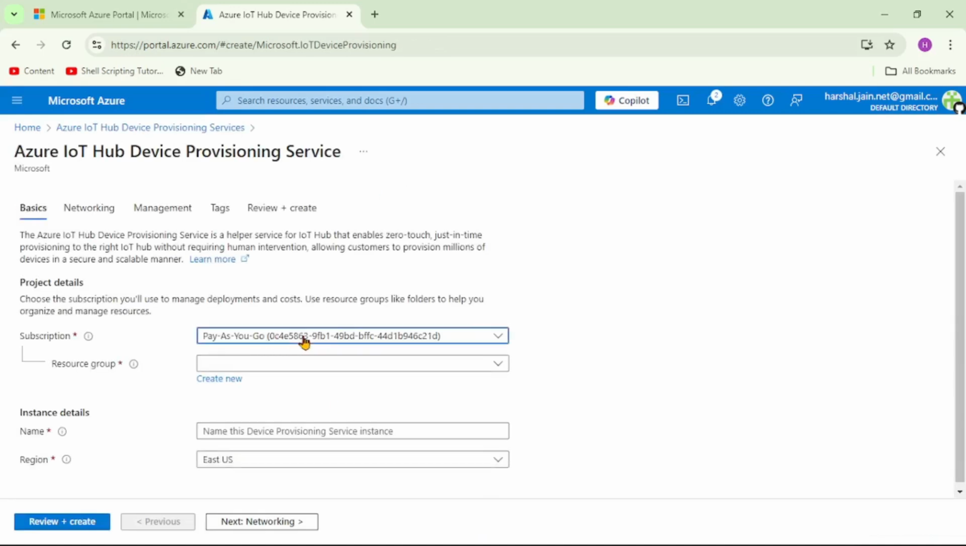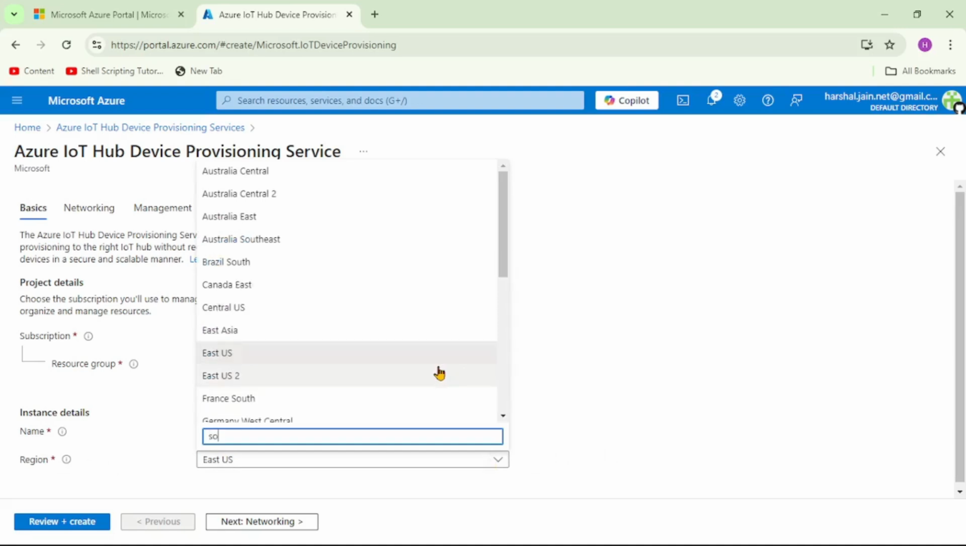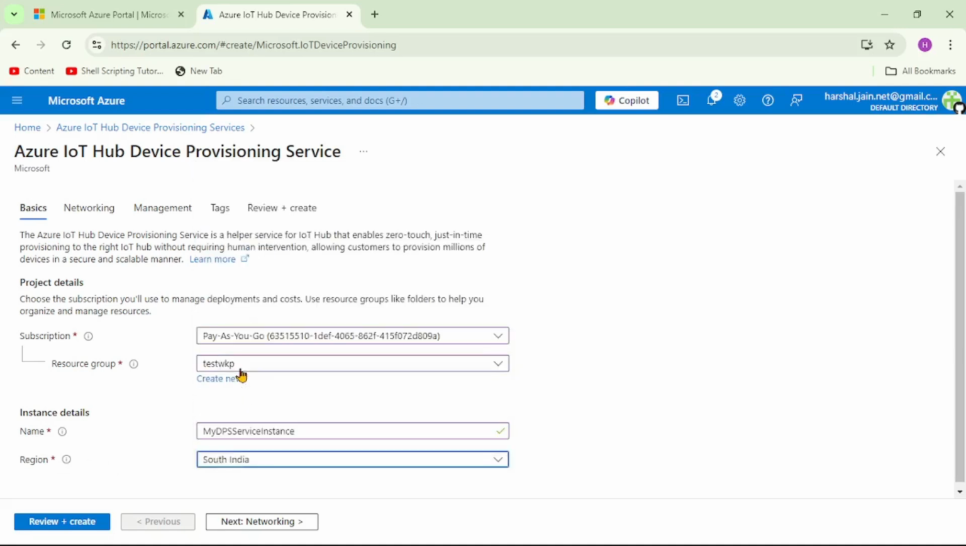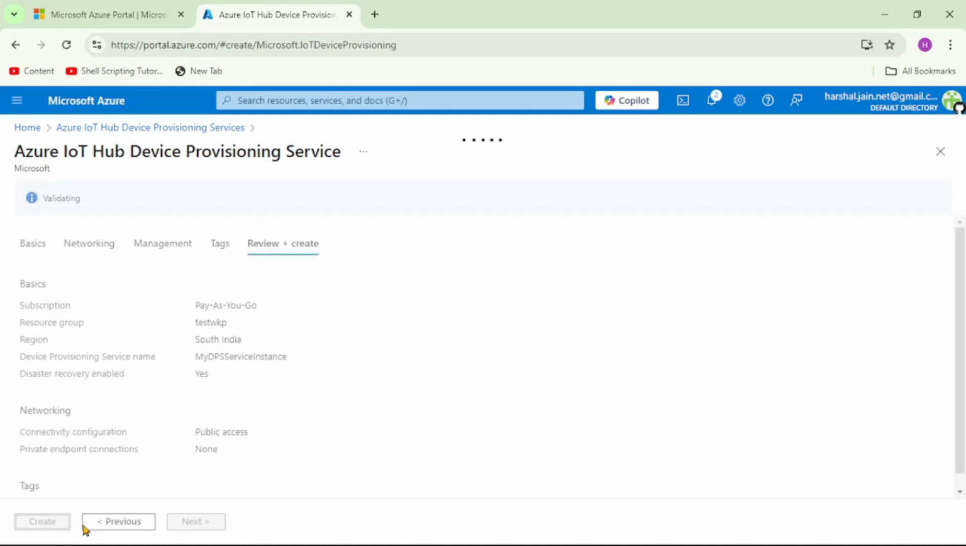So let's select subscription, let's select resource group, let's give name to our DPS service. So I will say my DPS service instance, and let's select region. So I will select the region which is closest to me, so it is South India, and here let's say review plus create, and now let's say create,